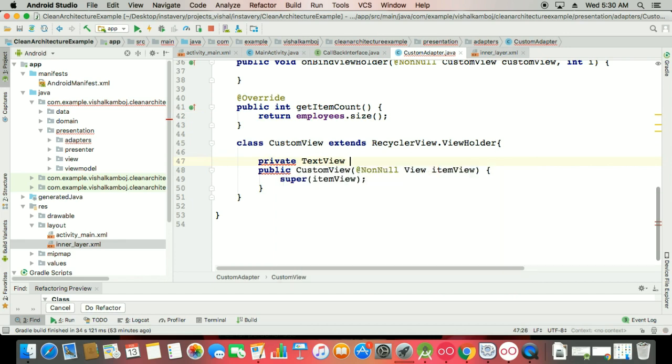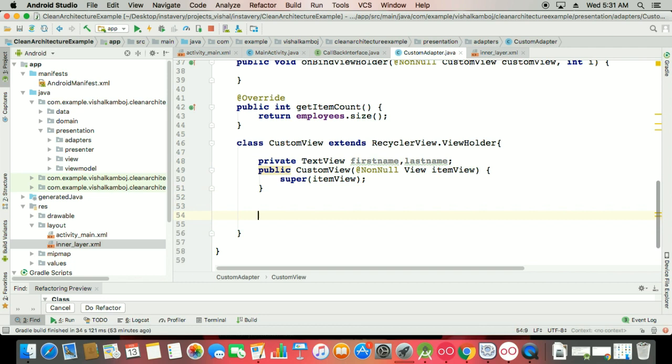This is the old approach actually. I don't want to use this, but just to show you how the adapter works. Otherwise, in my next tutorial you will see all these things with data binding techniques, which are better. So this is your first name, this is your last name,